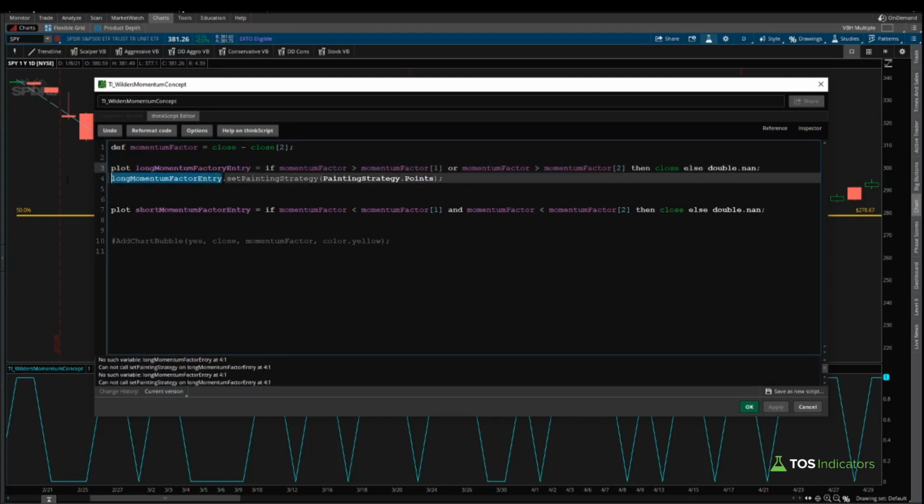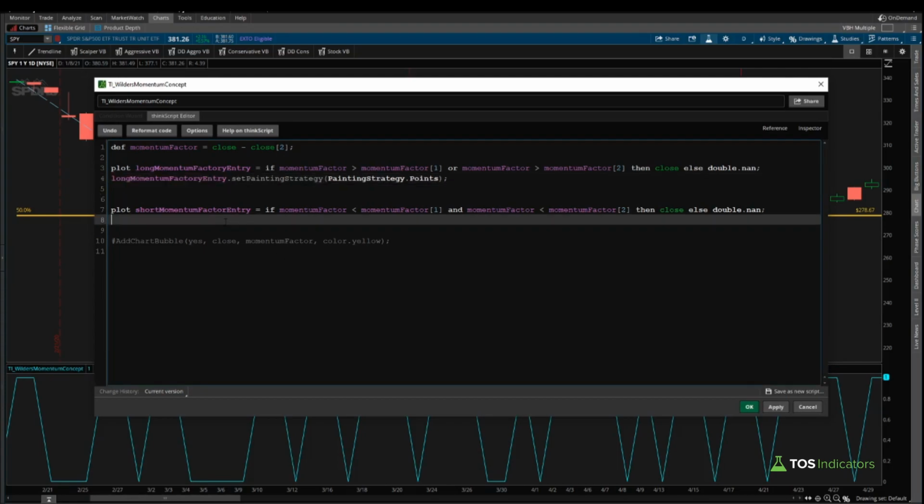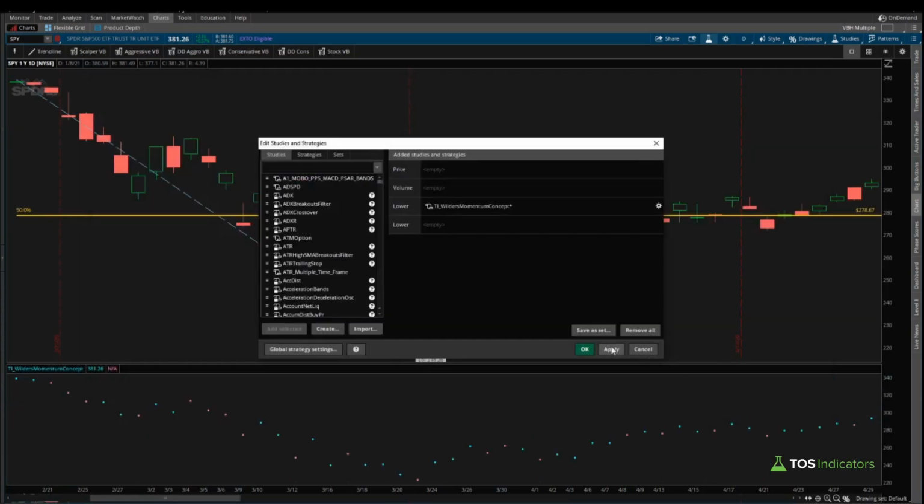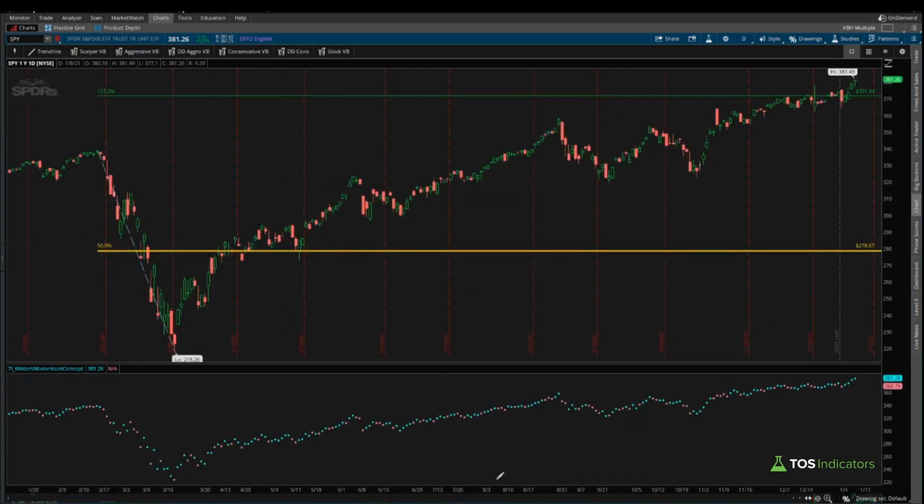Probably did not spell this correctly. Perfect. And then we can repeat the same thing. Factor entry dot set painting strategy dot points. And if we click OK, now you'll notice that even in this lower pane right here, we have